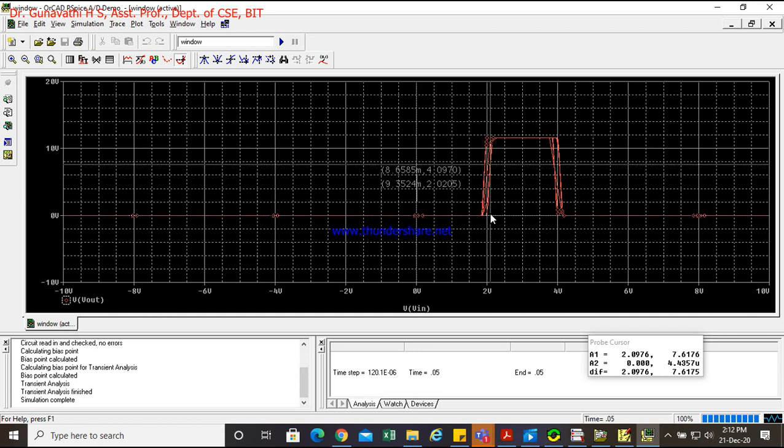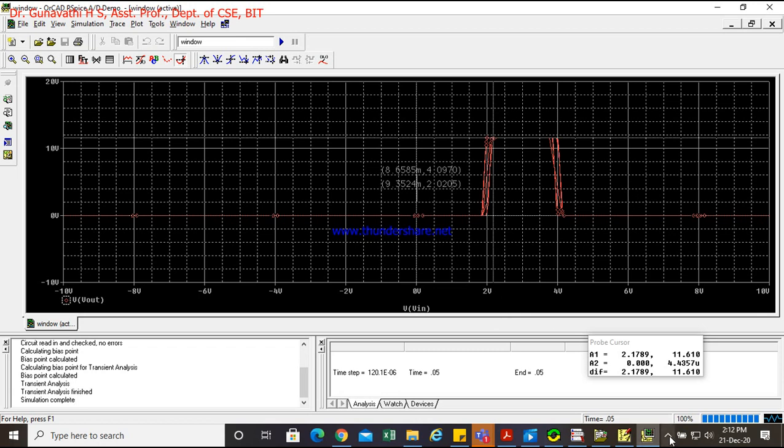If I'm considering this, it's a little higher than 2. So if I'm considering the last one, just consider this. So this is your UTP and LTP value. Okay, so here it is 3.98. Here, if I'm considering, it is 2.17. This is your LTP and this is your UTP.